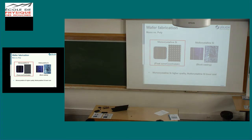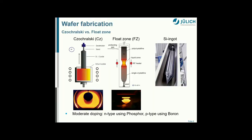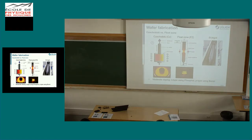And the fewer grain boundaries you have in the silicon wafer, the better. People now also have really very big grains, and the quality of the multicrystalline silicon, at least for the grain size, is approaching that of the monocrystalline, where you have no grain boundaries at all. So there are essentially two processes to get to